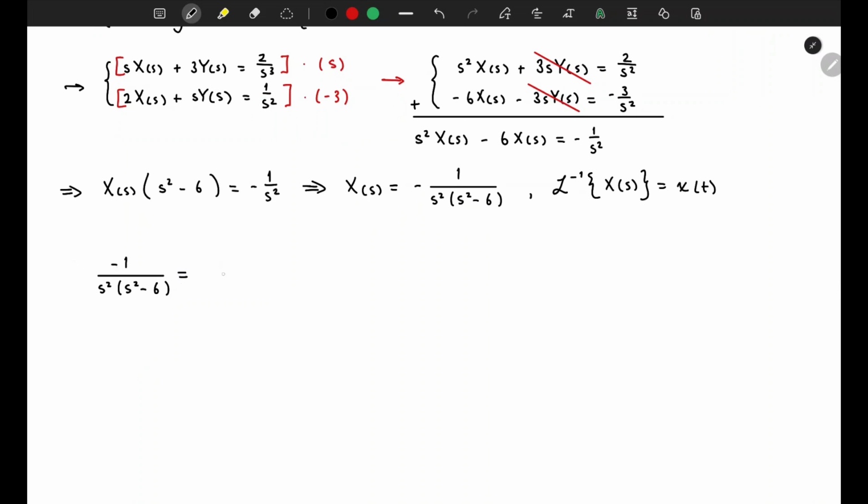So this is going to be equal to a over s plus b over s squared plus cs plus d over s squared minus 6. And so this then turns into a s times (s squared minus 6). If we get rid of the fractions,